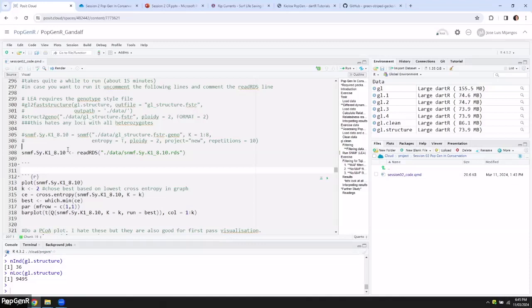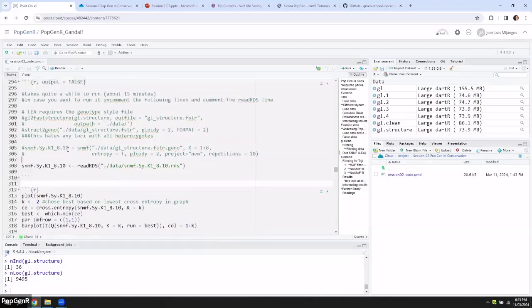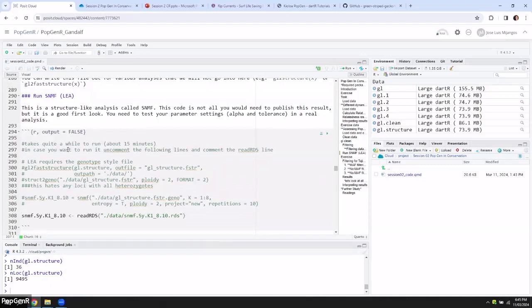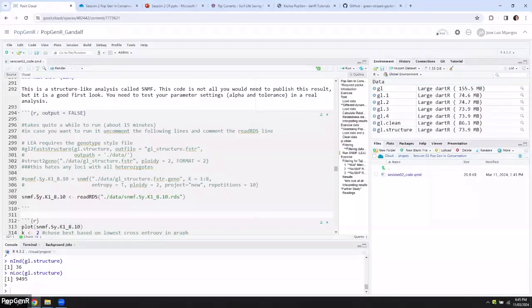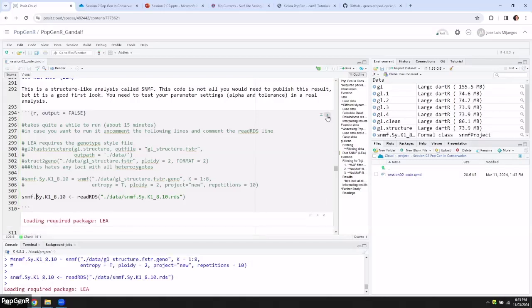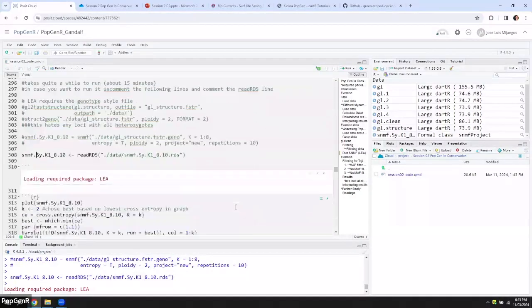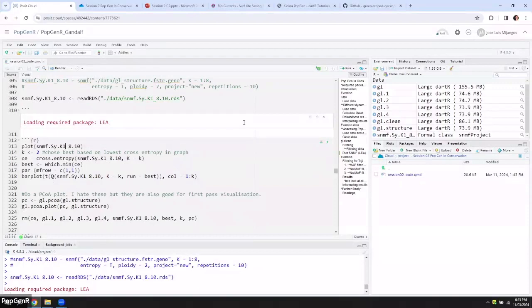Okay, so I put a bunch of warnings up above this. This is not the right way to do this for a publication. SNMF is great, it can be fast. Robin has great code for SNMF, but running it properly takes a lot of iterations, and running a bunch of tests of parameters called alpha and tolerance, but this is going to be fine for what we're doing. And when we've run that, we then